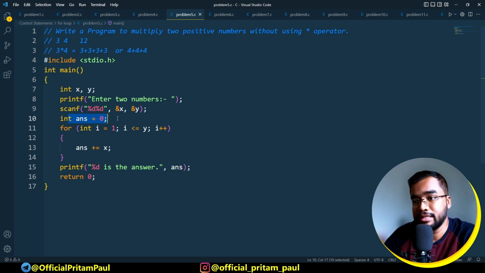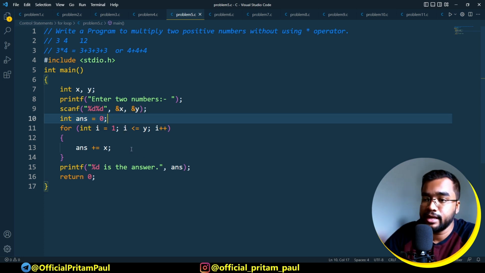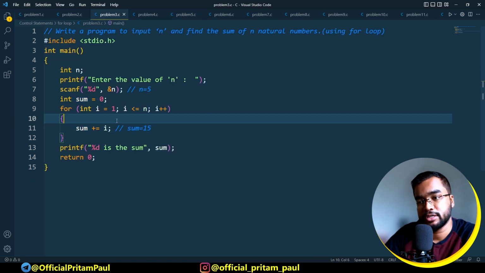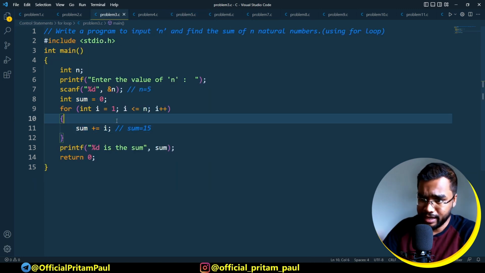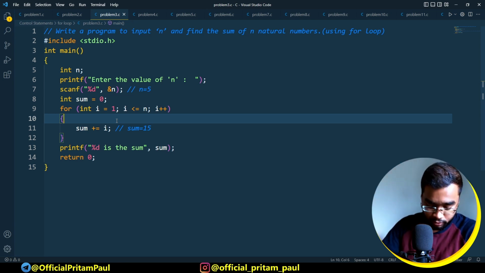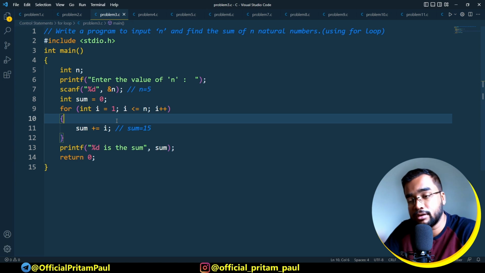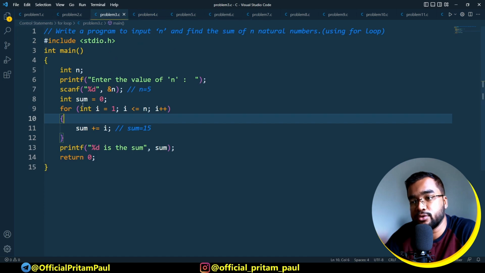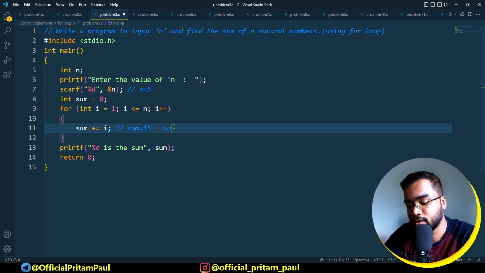So in this program, we are doing the plus operation. Here also we are doing the plus operation. So we are actually doing addition. So what is the additive identity? It is 0. In mathematics, we have learned it. And what is the multiplicative identity? It is 1. That's why there we have taken 1, and here I have taken 0, because when we will be doing the first operation, which is sum equal to sum plus i,